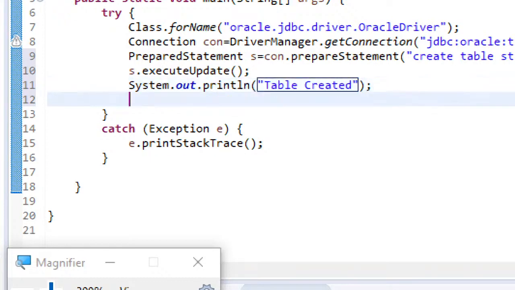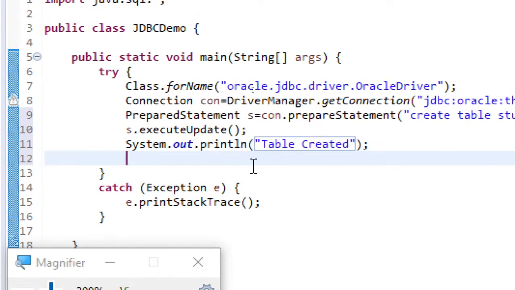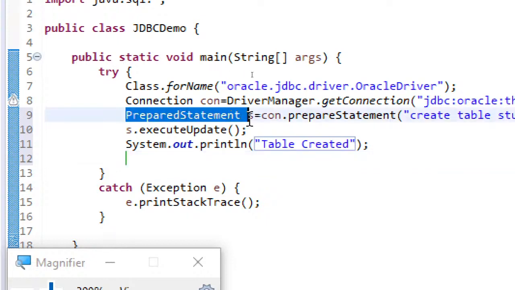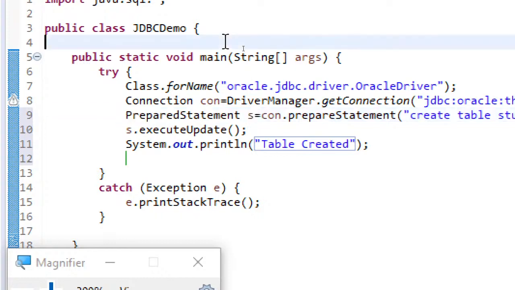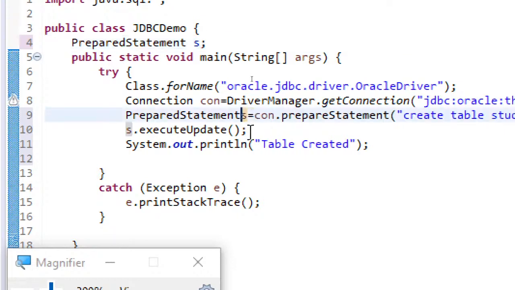And next we need to, so what I'll do is, let me put this prepared statement above the main, because I'll be requiring this prepared statement continuously, so that here you can just remove it.